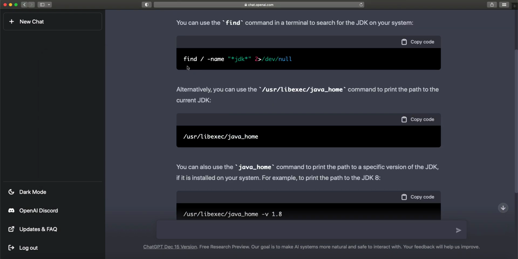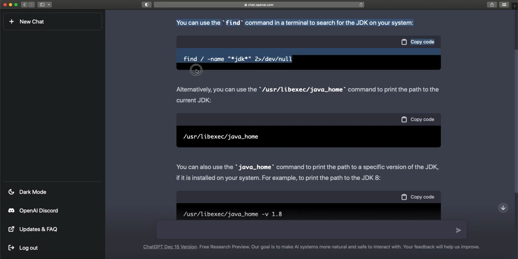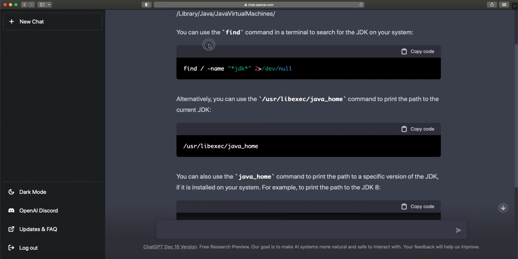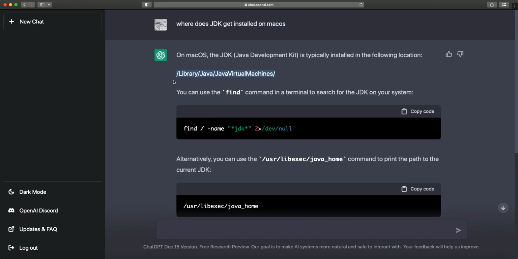So this find command tells you, from the root of your hard disk of your operating system, search for the name JDK, and these are wildcards, which means any file, any directory, anything that has this JDK name. And 2 means just give one of the output standard streams to /dev/null if there is a warning or anything. We don't want to see the warnings. Well, this is a good way of searching, but for now we already know that the correct answer is